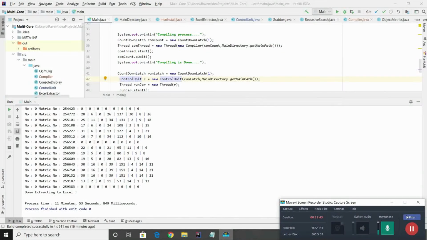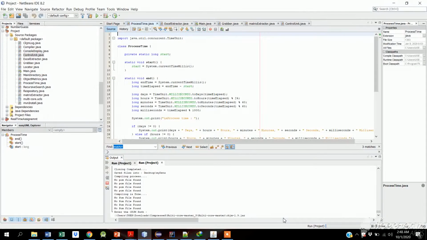Hello sir, my name is Liviniesh, my train number is 255101. I want to explain the process time. For the process time, we use the time unit. For the time unit, we use days, hours, minutes, seconds and milliseconds to calculate the overall running time of the system. The next one is